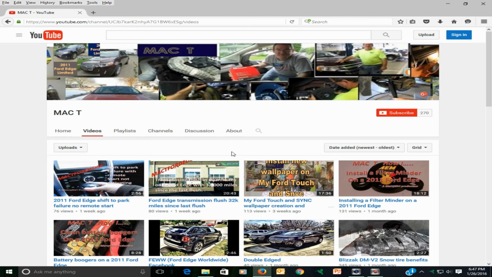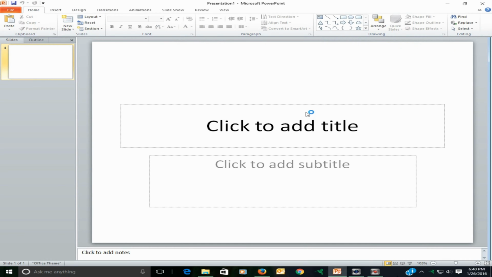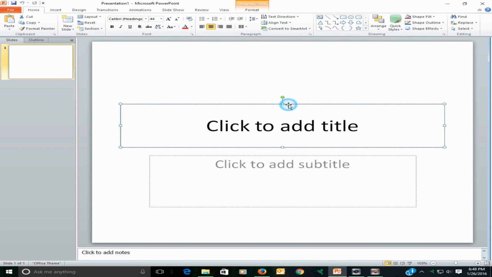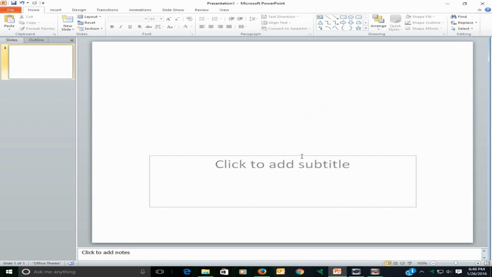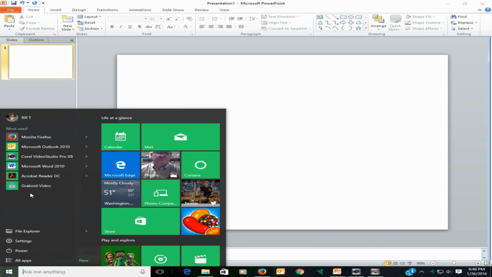Now, the first thing I want to do, of course, is I have all my pictures, as you can see here, that I've gathered up, and I will make some quad segments using these photographs. But the first thing that I need to do is open up my PowerPoint, because I use Microsoft PowerPoint to do all of my work on, and it's a real simple program to use. And I just cut these titles out of here so I have a blank surface. And then I make it a little bit smaller, and then I go over